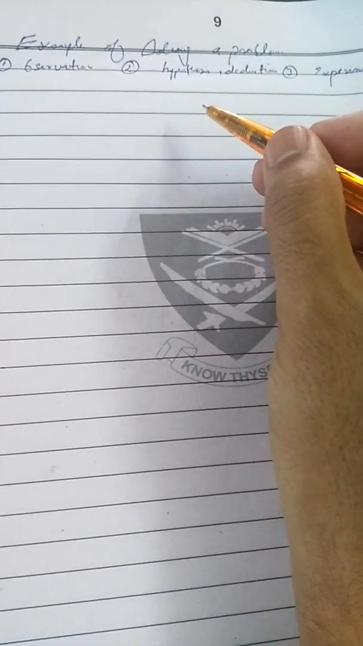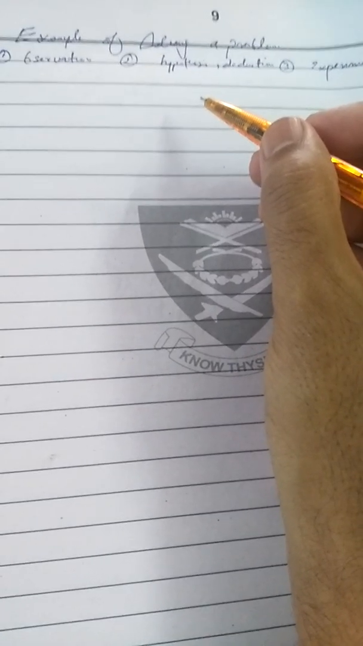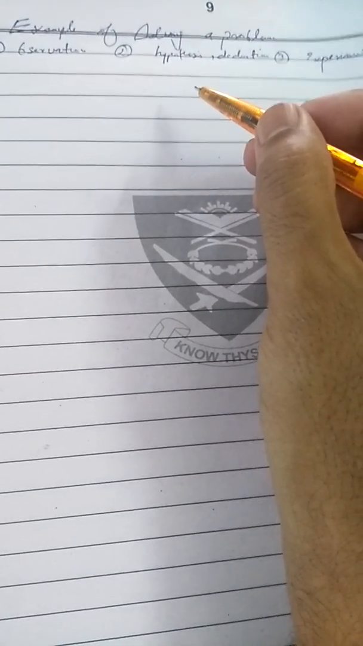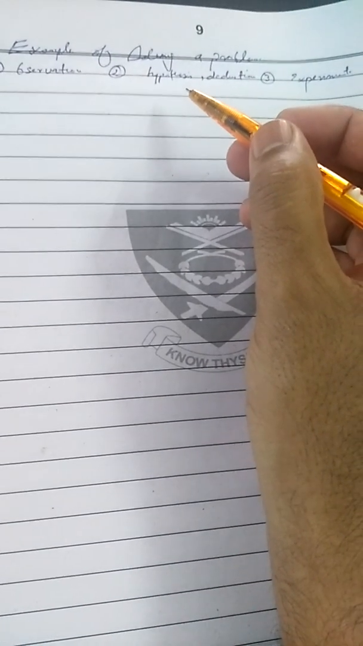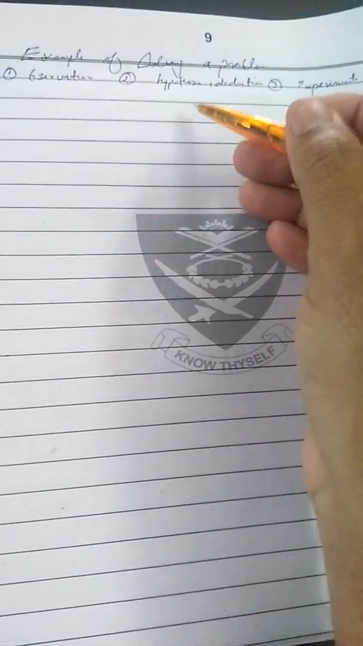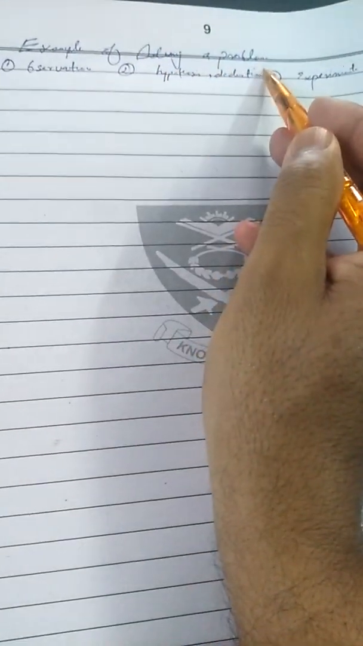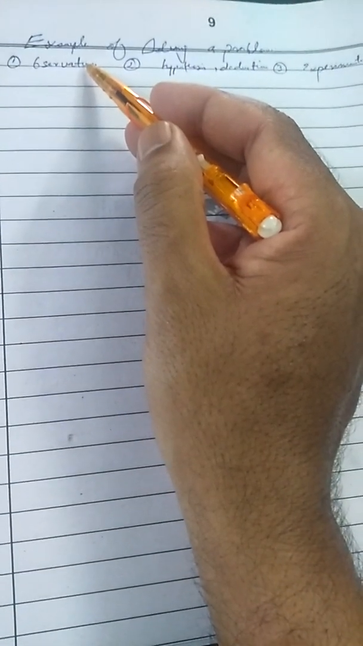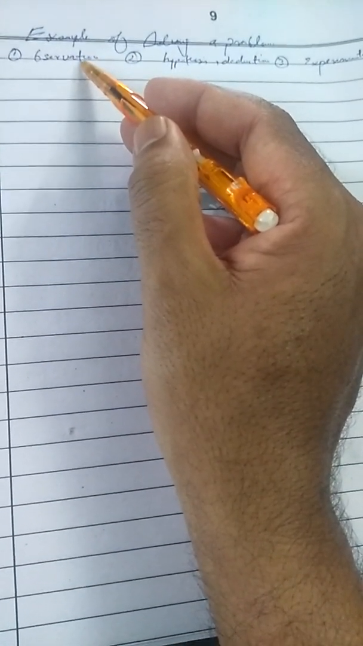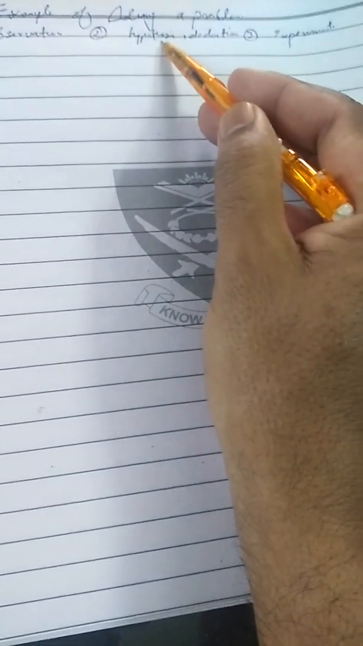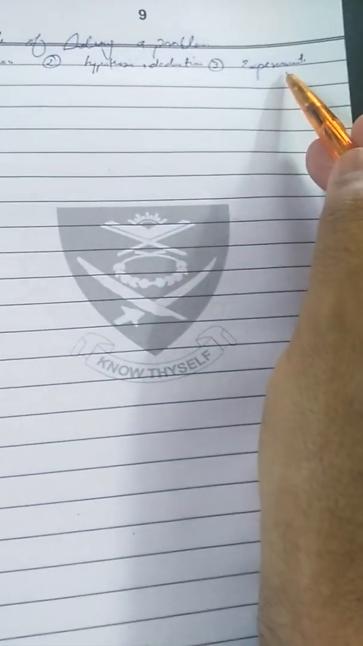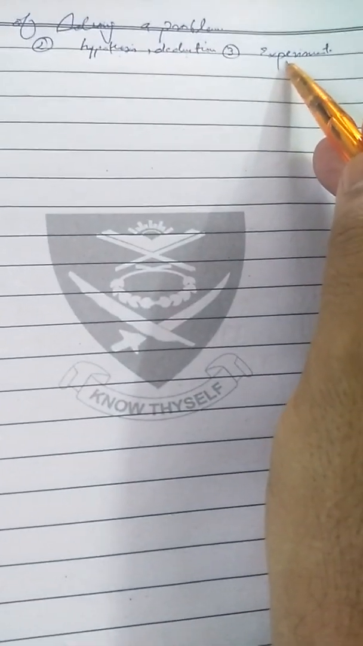Well, students, in our previous lesson, we introduced and discussed the biological problem. Today, we will study an example of solving a biological problem. As you all know, the steps involved in solving a biological problem are observation, hypothesis, deduction, and the last step, experiment. So students, an example of biological problem solving is